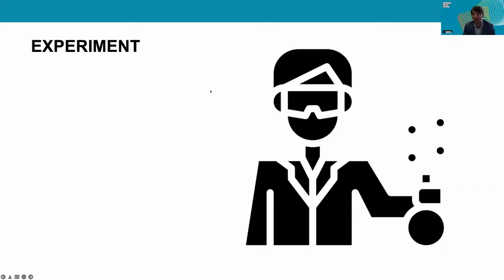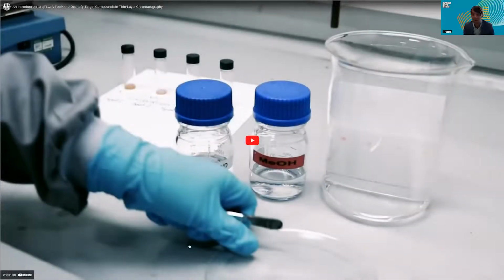Okay, so we were using thin layer chromatography for the detection of chemotherapeutic drugs. And this is quite intriguing because it's very simple, but you obviously need to do some tweaks to make this a quantitative process. And so I want to show this video now, which provides some of the principles of what we call quantitative thin layer chromatography.